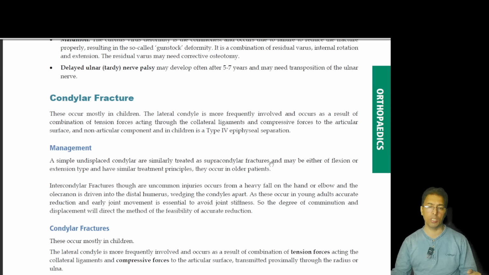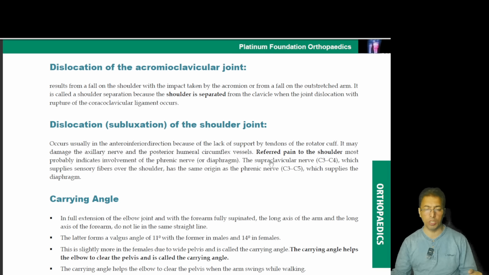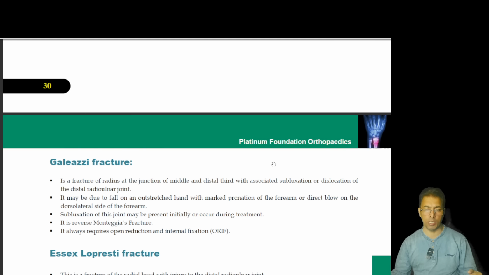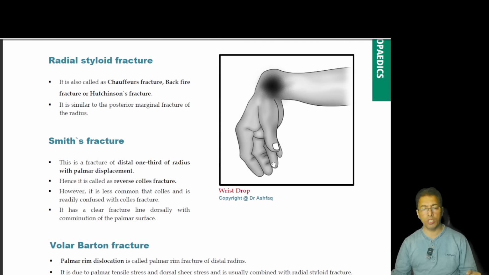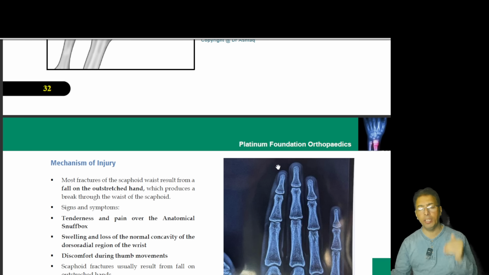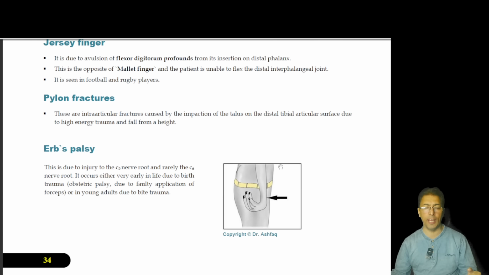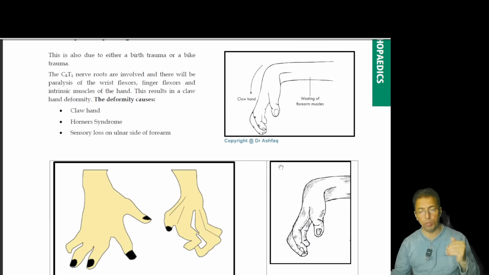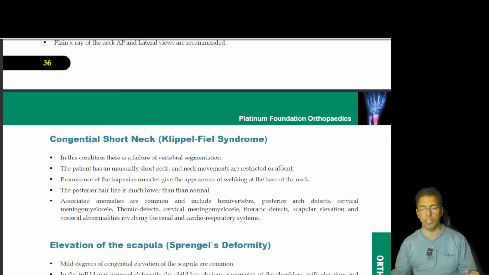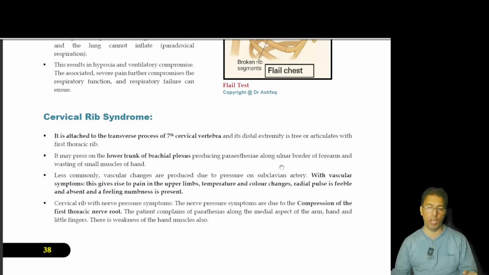As far as all the fractures are concerned, the more important anatomical surgical conditions related to the upper limb and the lower limb, we have taken care of every fracture: Monteggia, Galeazzi, Colles, radial styloid, Smith's, Bartons, all of them, along with line diagrams, figures, real-time images, radiographs, CTs, MRIs wherever possible, so that a student is well able to appreciate all those things. You can see I'm scrolling and you can have a look at your screens, and see the tremendous quantum of knowledge which we have put in there.